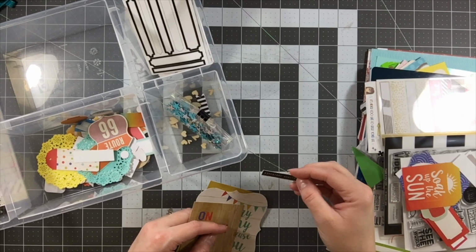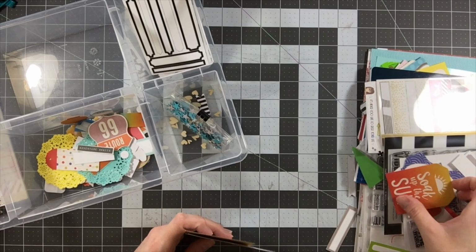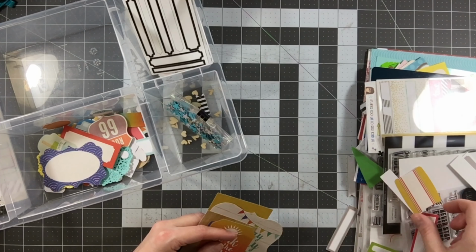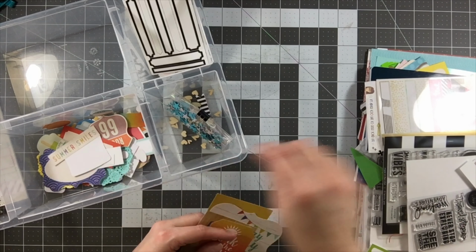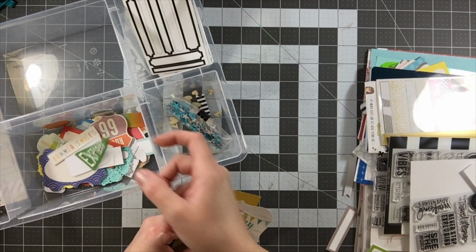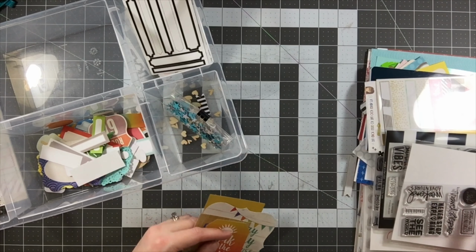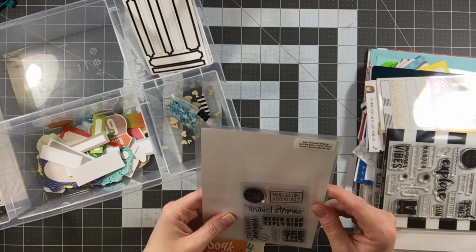Oh, these are some little random bits that were left over from some pattern paper. Oh, there are lots of die cuts. I definitely have some options. Here's a few of those little rubber pieces. All right, I do have some stamp sets in here. I've got a July themed